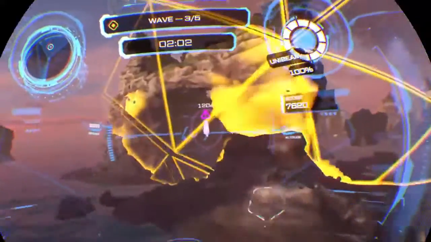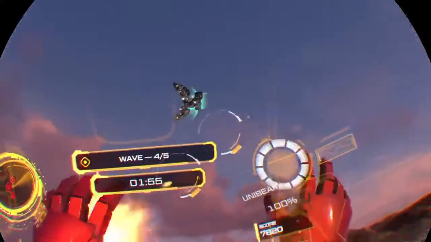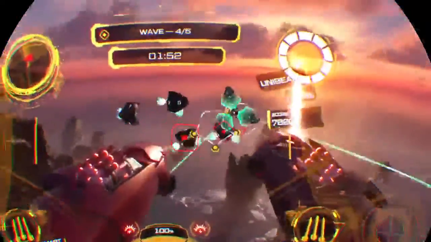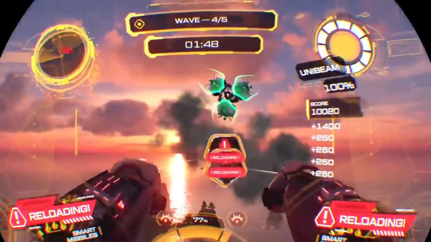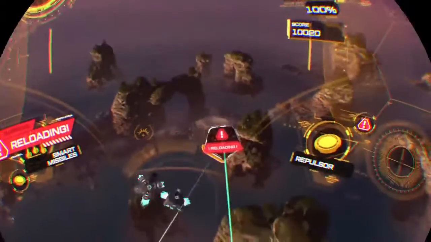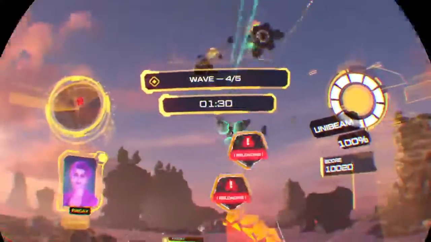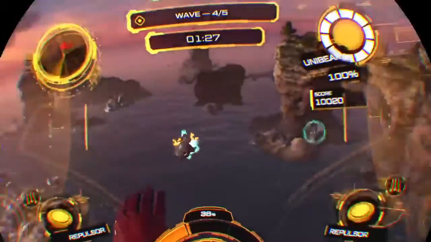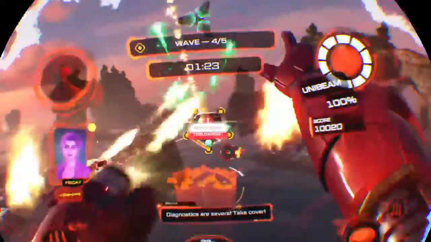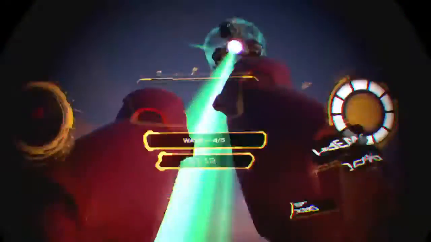Oh, they made this one easy to get. Revenant inbound. Power boosted. What? I guess for him. Oh! Some damage taken, sir. Why am I still reloading? Diagnostics are severe. Take cover. I thought I'd...